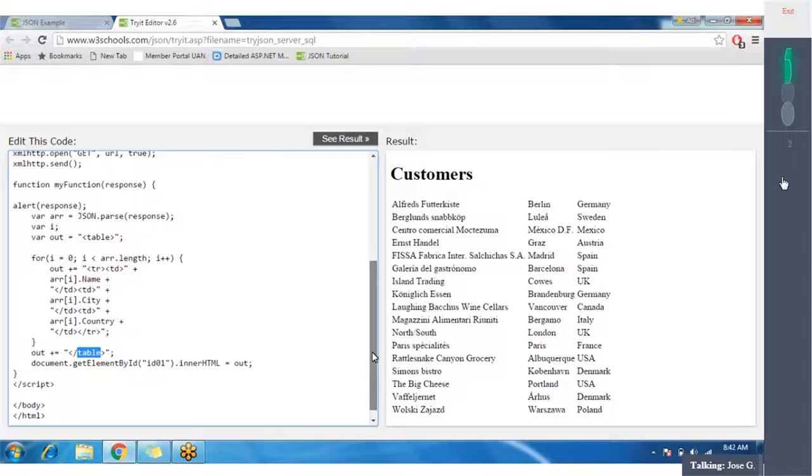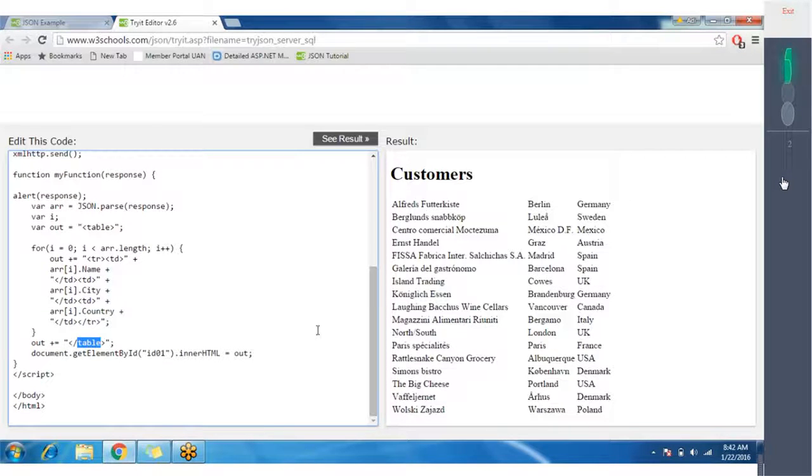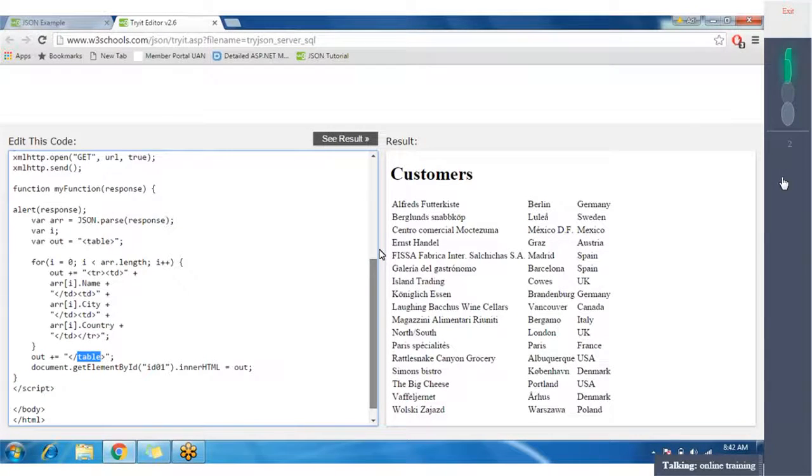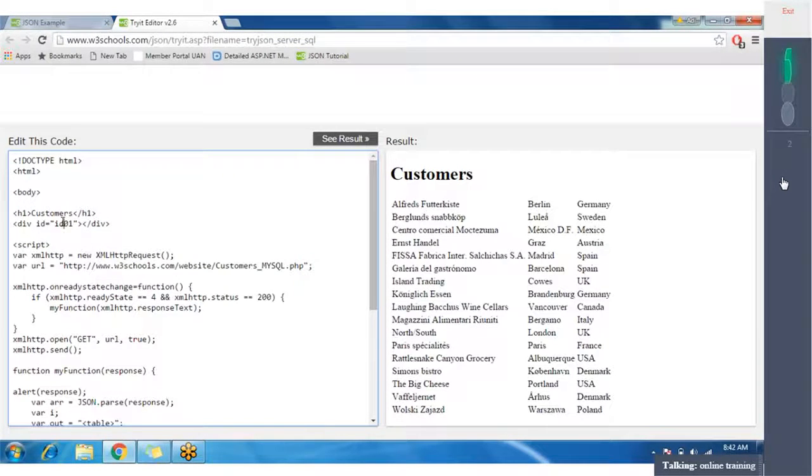Yes, I'm making an HTML. Finally, what we have is a table now. The table is ready now. So it is pure JavaScript, without the help of jQuery. We have not used jQuery here.